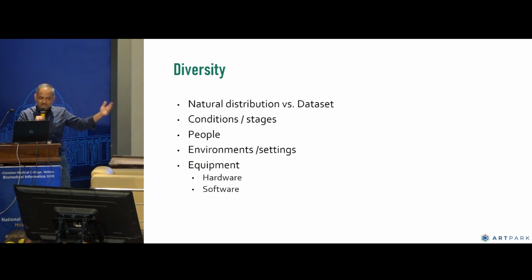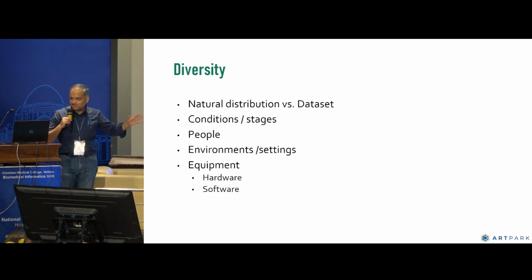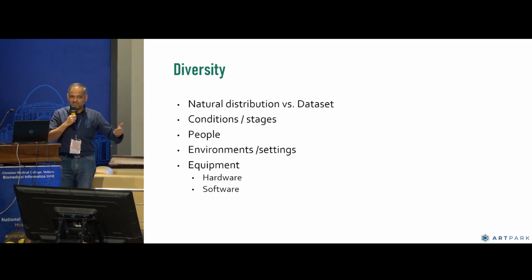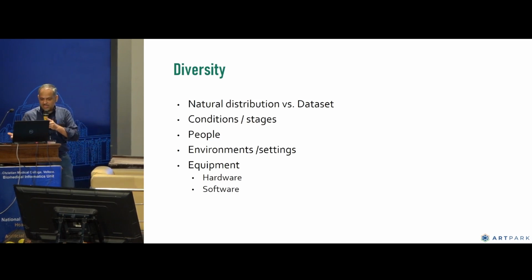Diversity. You see that I don't use the term inclusivity, bias, justice, all those things here. For me, all that stems from purpose, right? And one of the key things that one really has to keep an eye on is the natural distribution of certain conditions versus the data set. You will have to overrepresent certain conditions if you want your AI models to do well enough. Just like many of you, if you haven't seen a condition many times in your experience, you probably are going to miss it or don't know how to catch it, right? Same with conditions, stages, people,